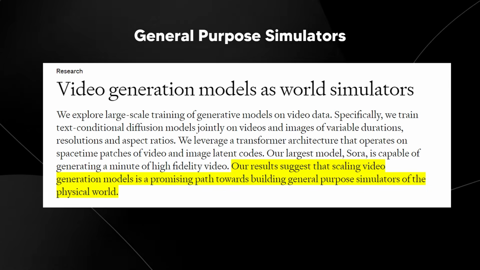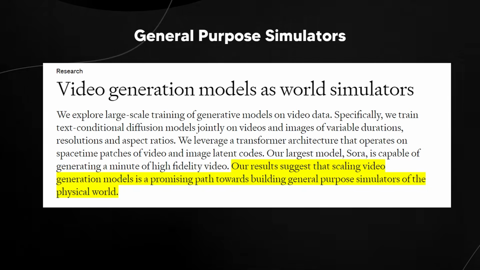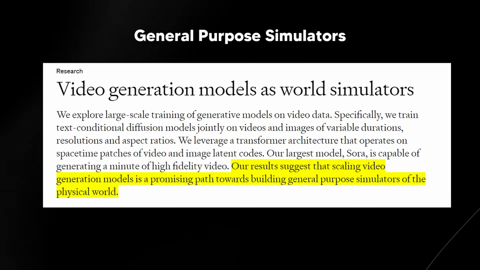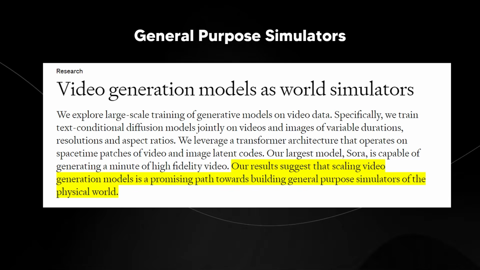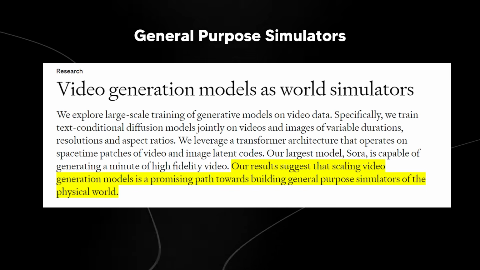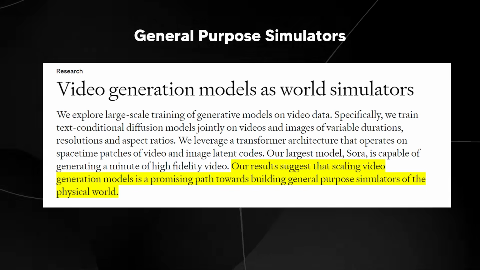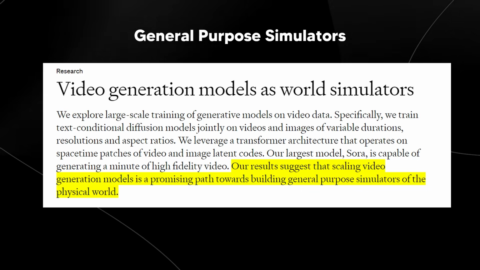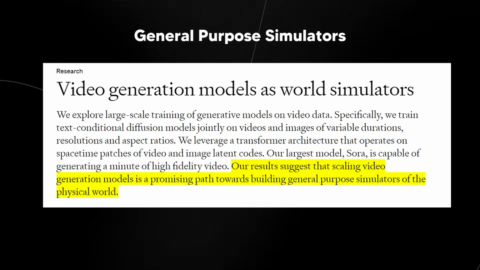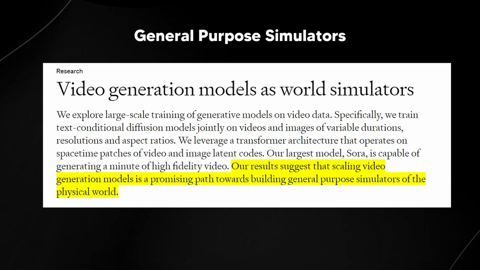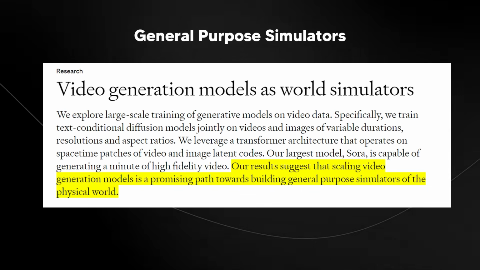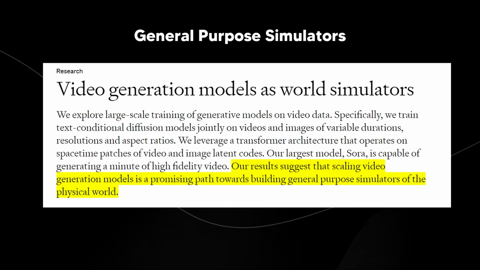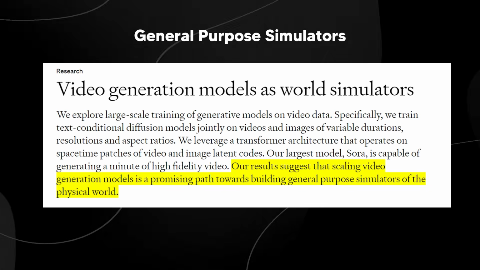Specifically, we train text conditional diffusion models jointly on videos and images of variable durations, resolutions, and aspect ratios. And we leverage a transformer architecture that operates on space-time patches of video and latent codes. Our largest model, Sora, here's where it gets interesting, is capable of generating a minute of high-fidelity video. And our results suggest that scaling video generation models is a promising path towards building general-purpose simulators of the physical